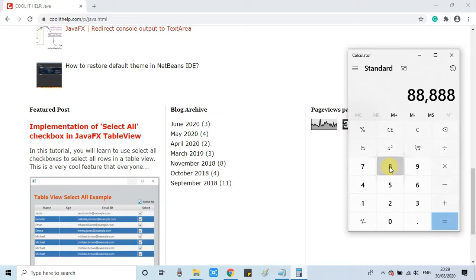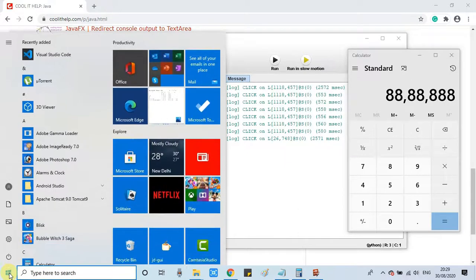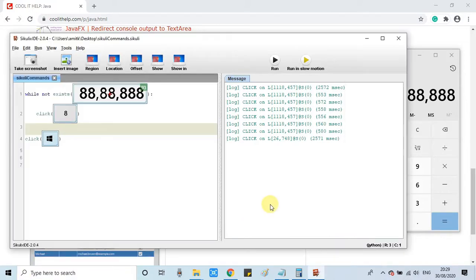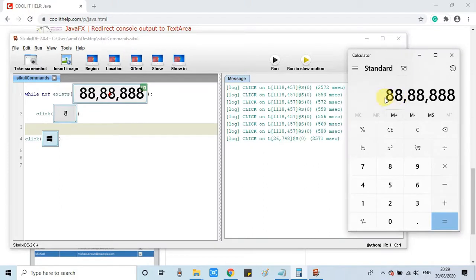So 8 is pressed 7 times, then the while loop breaks, and you can see it came out and then just pressed the start menu button, and this Sikuli script executed as we were expecting. So our target image and the result is perfect.